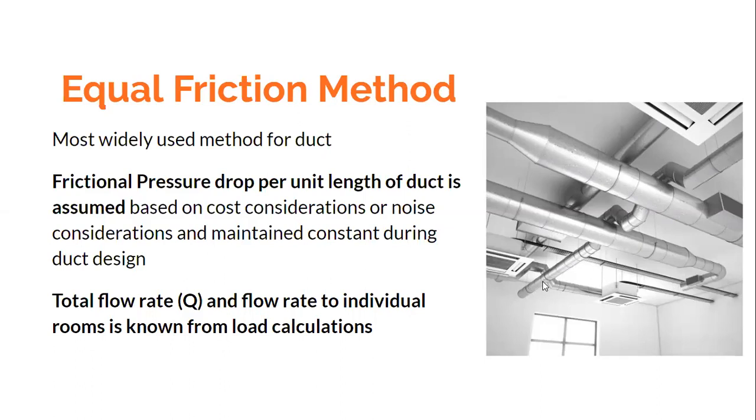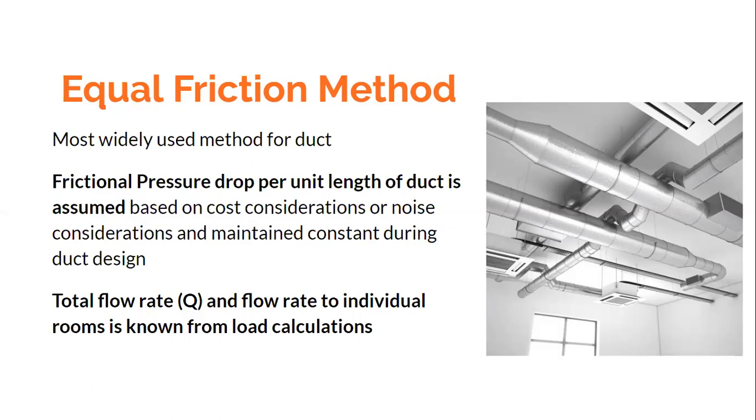So here also it is X Pascal per minute meter. Here also it is X Pascal per minute. Any cross section, any length you take, you will have the same friction rate. That is a method. In this method, we design the duct such that the delta P by L, or the free pressure drop per unit length, is the same.